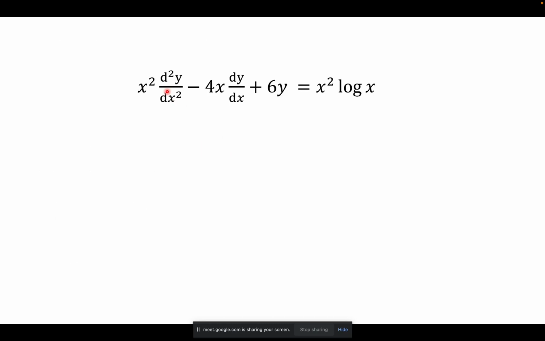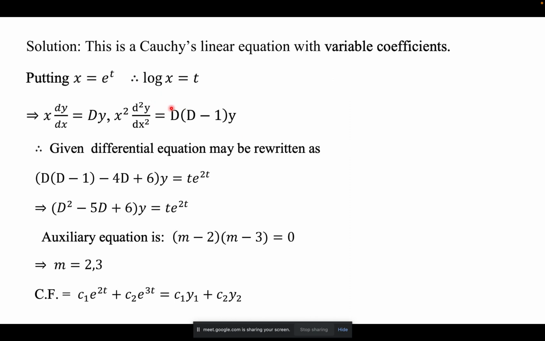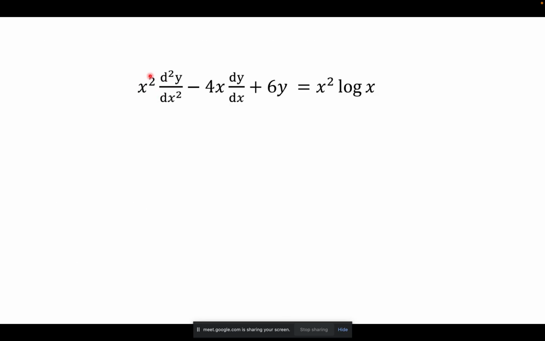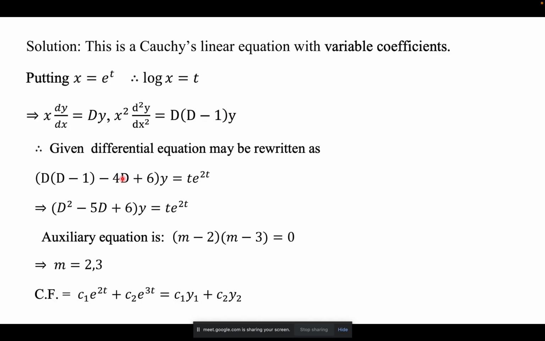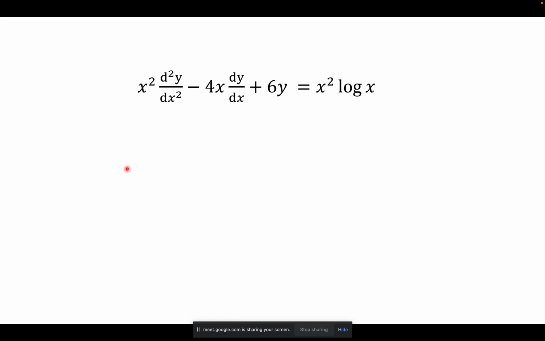But in the problem we have only terms appearing up to the second derivative, so we substitute this value of this function as well as this function in the given differential equation. So what you have is D times (D minus 1), because you have x squared d²y/dx², minus 4x dy/dx, so you have minus 4 times D,